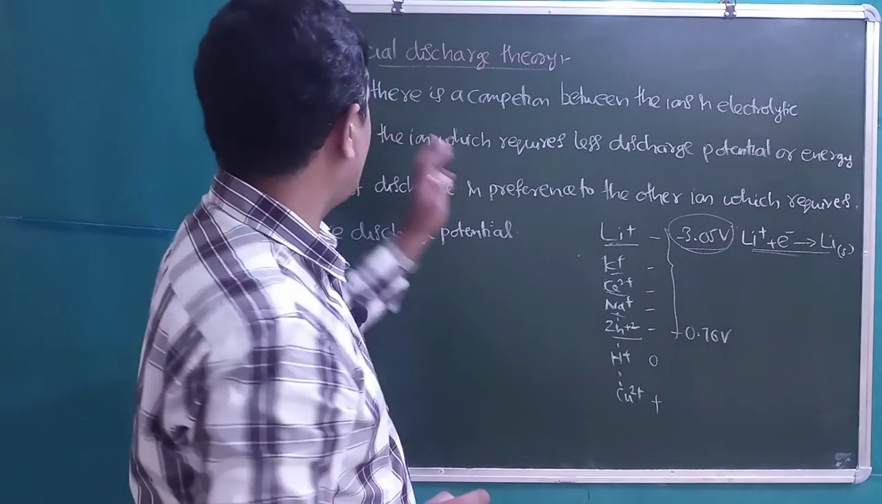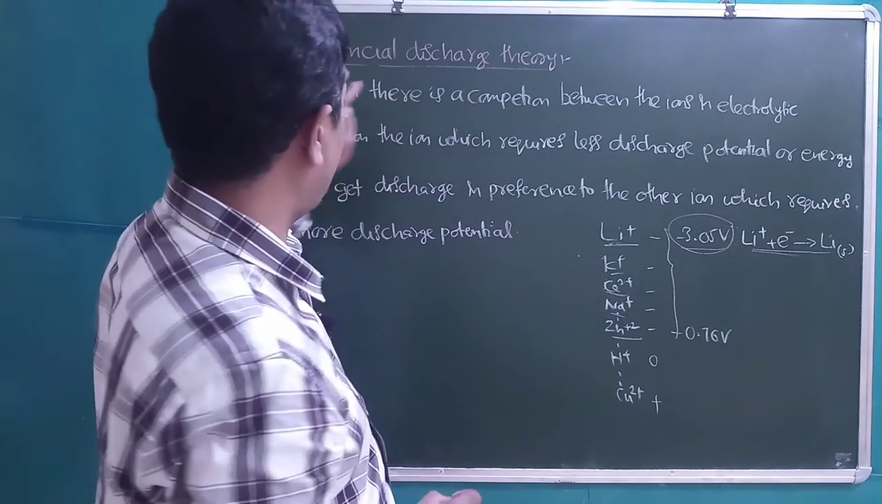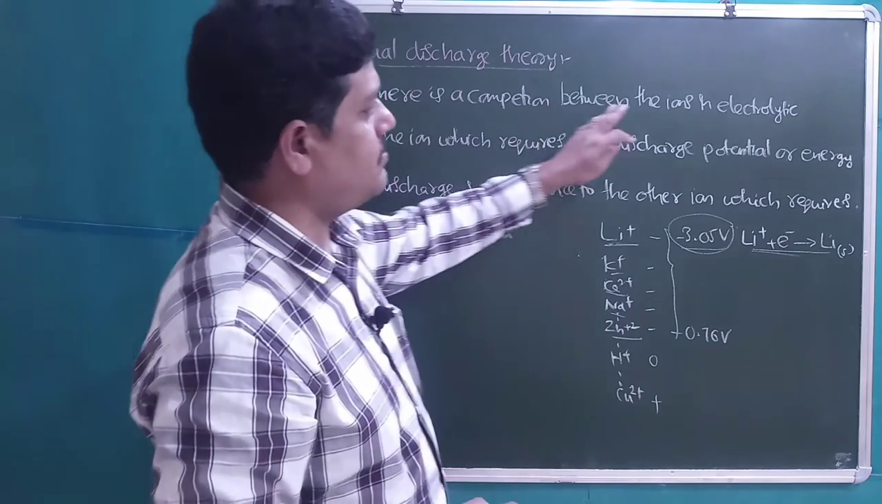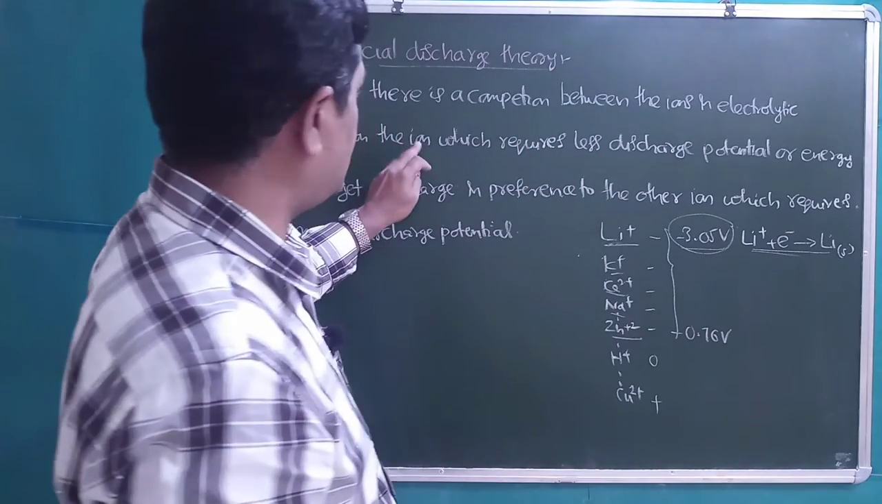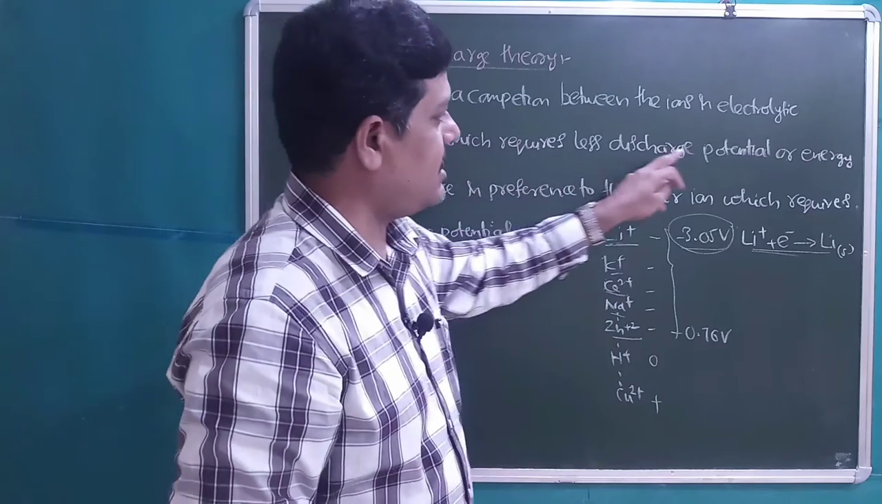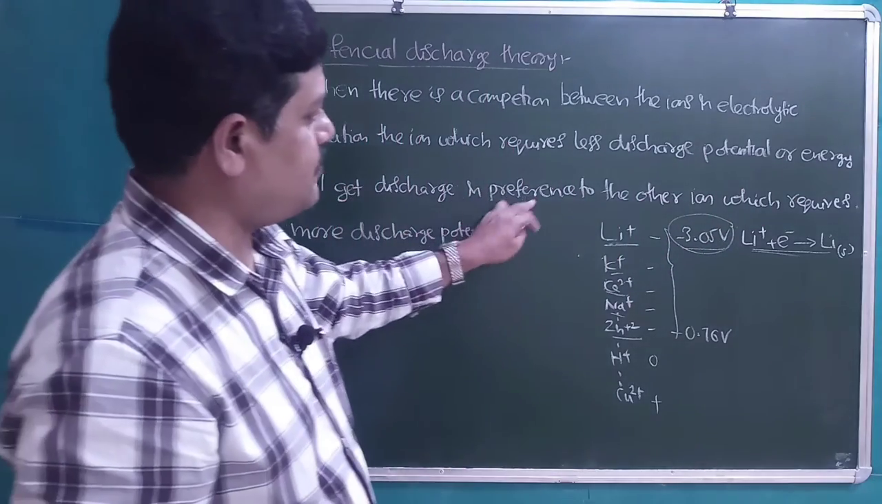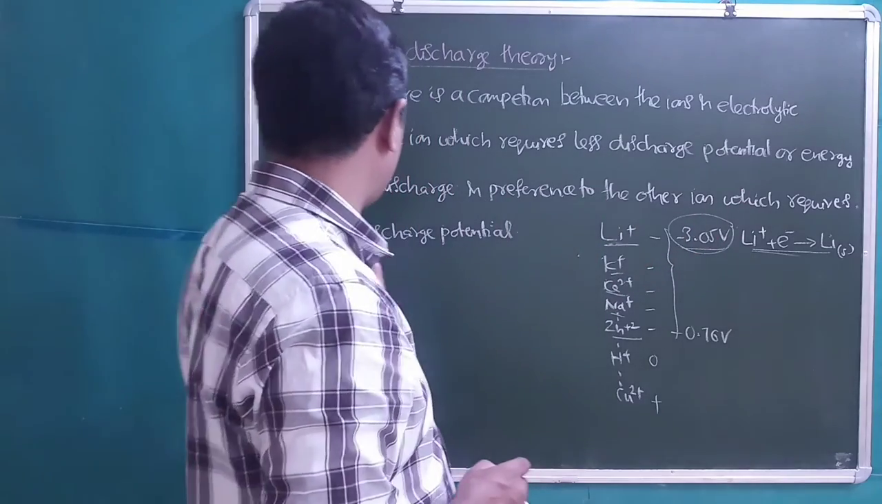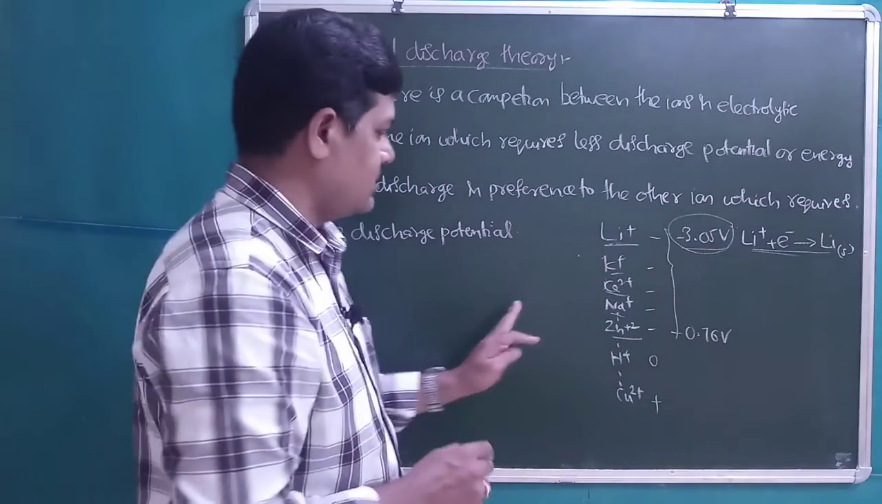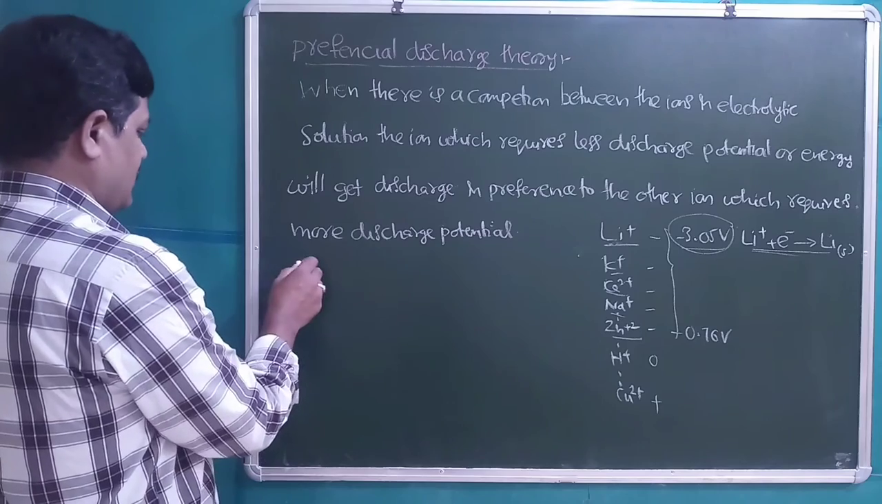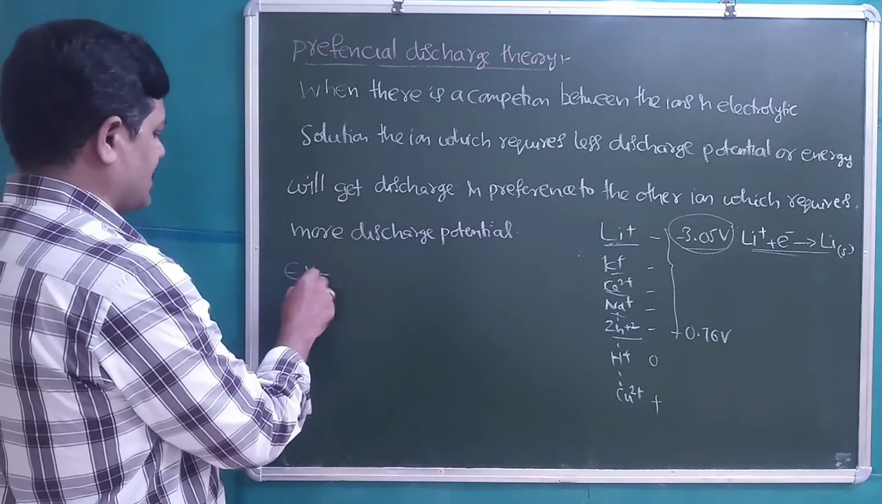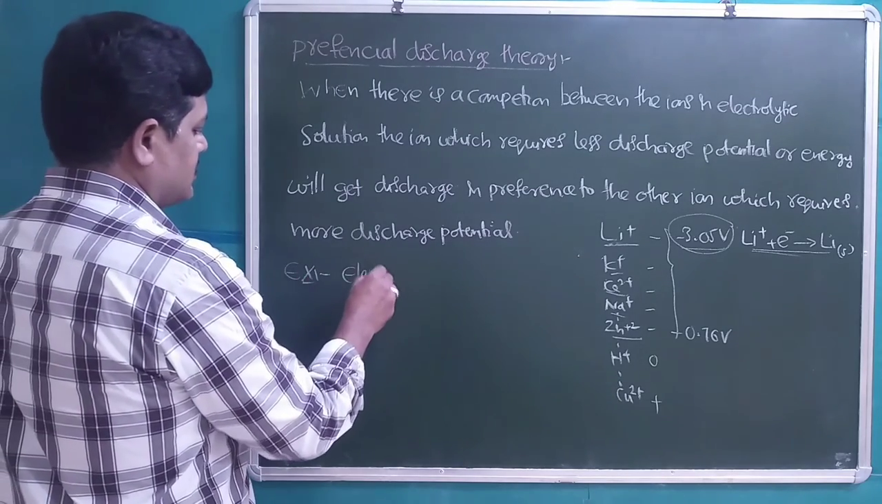So according to the preferential discharge theory, when there is a competition between the ions in the electrolytic solution, the ion which requires less discharge potential or energy will get discharged in preference to the other ion which requires more discharge potential. You can understand this better with an example: electrolysis of